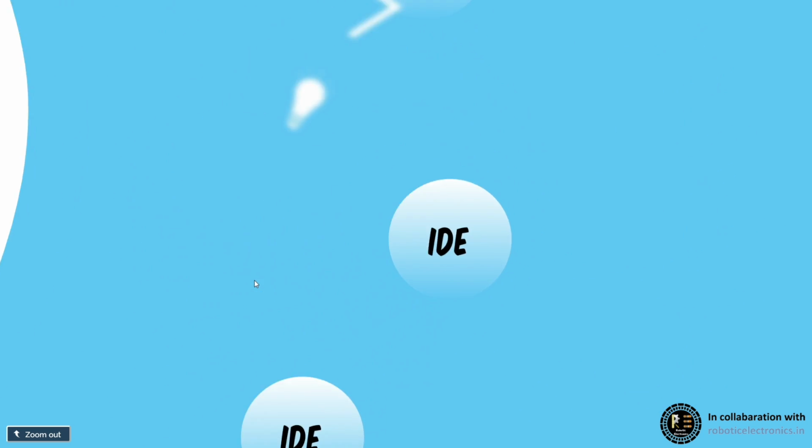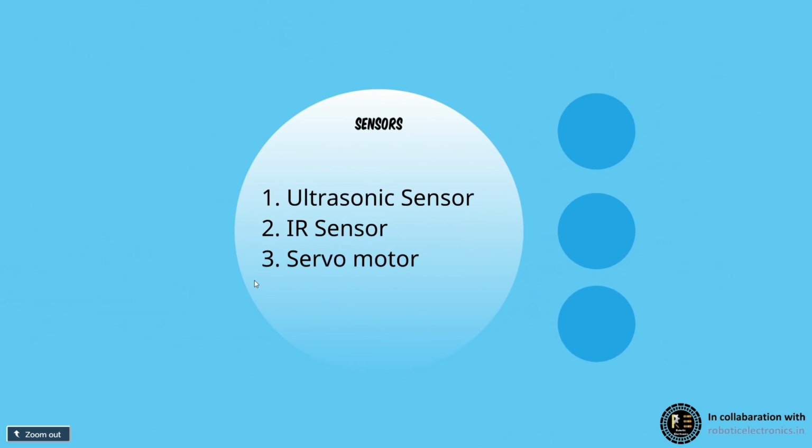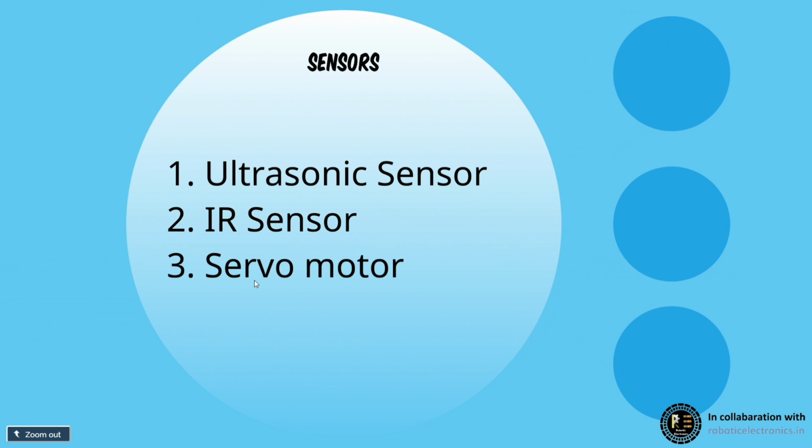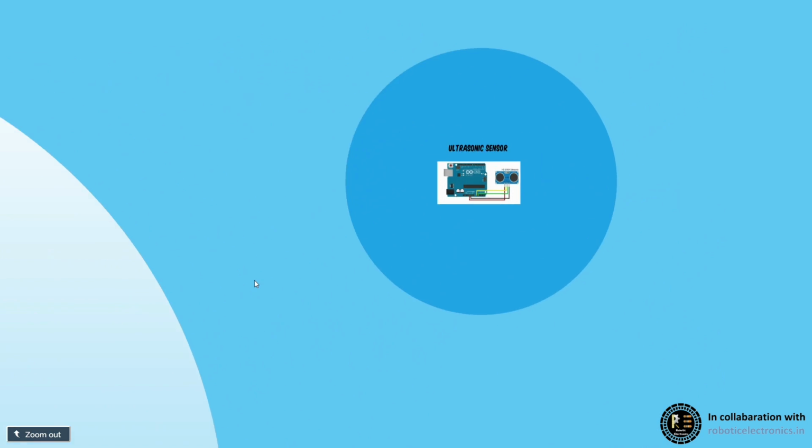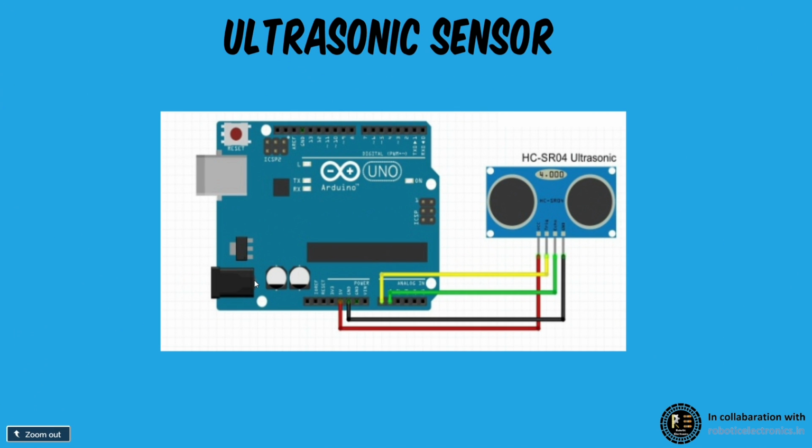Next, moving on to some of the sensors. In the next tutorial, we shall completely discuss Arduino IDE and the programming with this software. Before going to that, we shall look at the pin configuration of some of the sensors. This is the ultrasonic sensor. It is known as HC-SR04. It contains 4 pins: VCC, trig, echo, and ground. These should be connected to the Arduino Uno board accordingly, as shown in the image.